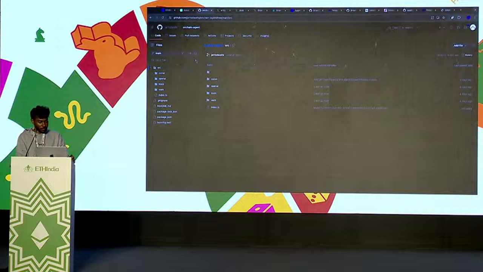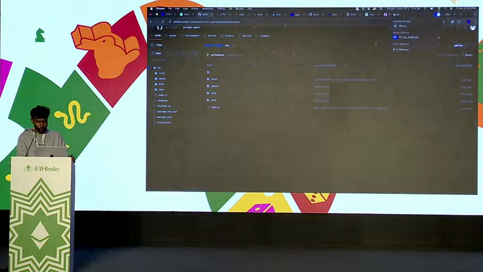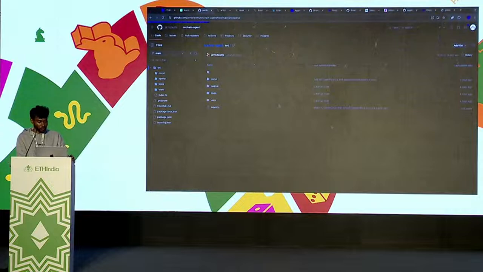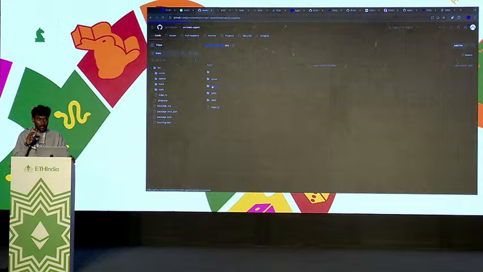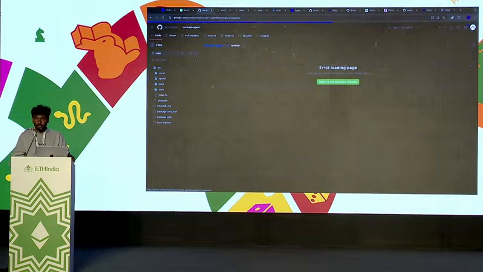So let me go through the GitHub repo here with you. We have the OpenAI section here. It's taking a little time to load up, so let me give you an overview of what it is. As I told you, there are three things: you have to create an assistant, you have to create a message, and you have to then create a thread. After doing all these things, you will be able to use OpenAI's SDK and then use that to deploy smart contracts and run functions on the smart contracts. So that's how it's going to be useful for you.